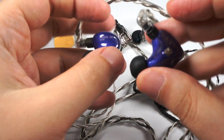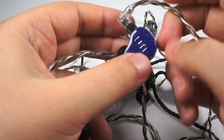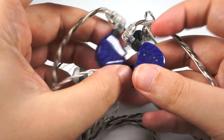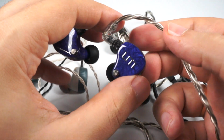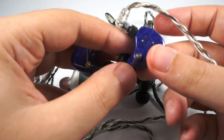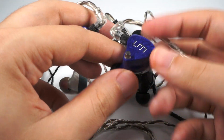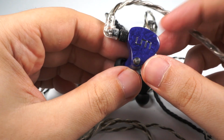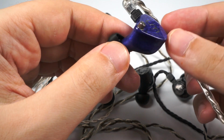And the most expensive one, with a really stunning price of $2,700, is the Unique Melody Mason 3rd version. They already started teasing that soon they will release V3 Plus, but until it has happened, I will tell you about V3. They also mentioned that the changes won't be huge, just minor tweaks, so I think this will be valid for V3 Plus. Really complex, sophisticated design, 16 balanced armatures with a 4-way crossover, and a lot of really unusual